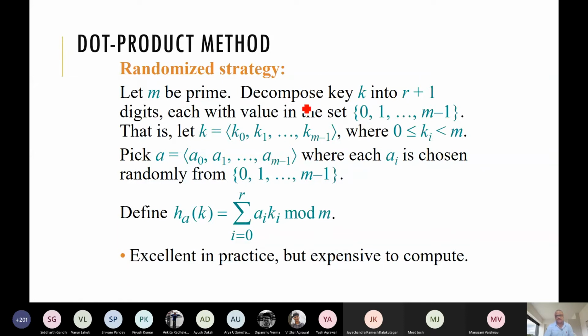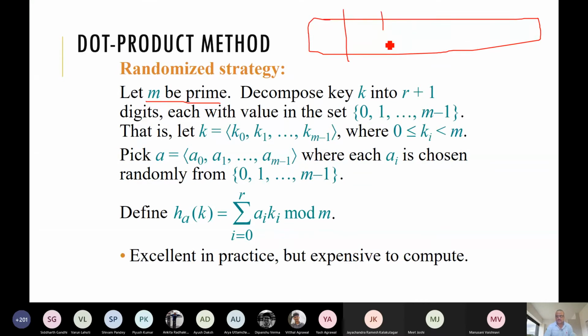The idea is that here we choose m to be prime and our keys are very big numbers, and we divide them into blocks where each block size is m.